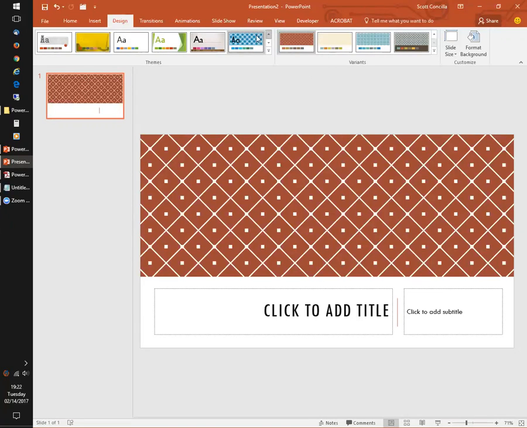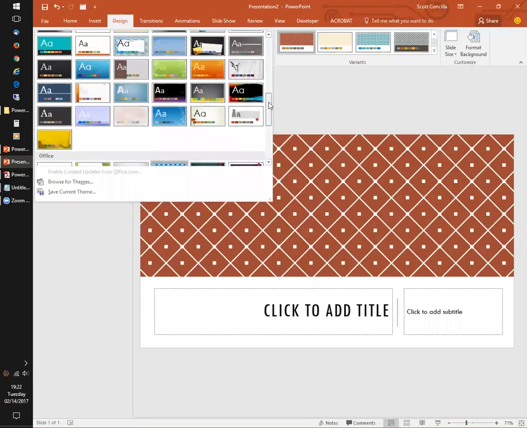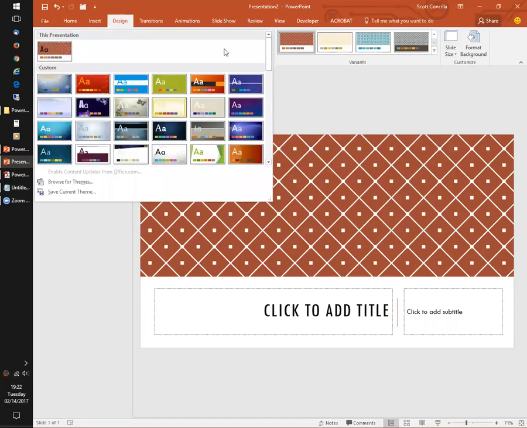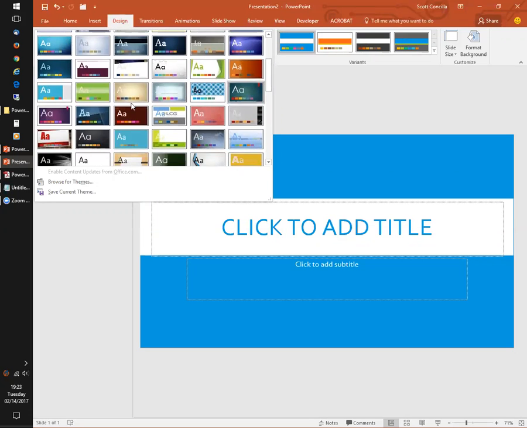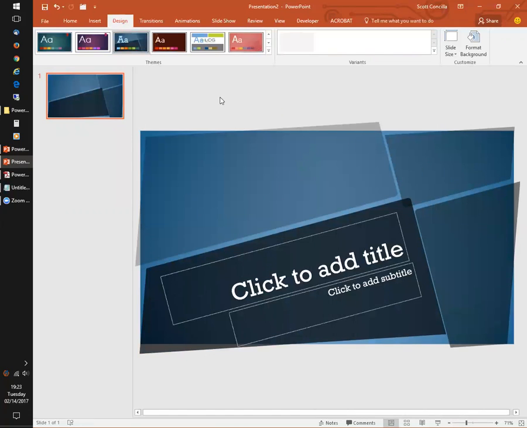If you pick one, in my case a lot of those are in this section here called Custom. If I select this one called Banded, nope, that was a bad choice. Let me pick one I know that doesn't have any variations. I've got to clean these up. I think Kilter's a good one. Okay, here's an example. This one's from previous versions of Office. This one's called Kilter. It's kind of fun. But if you look, there are no variants because it's an older version file.